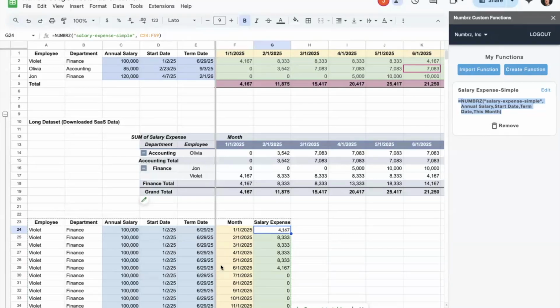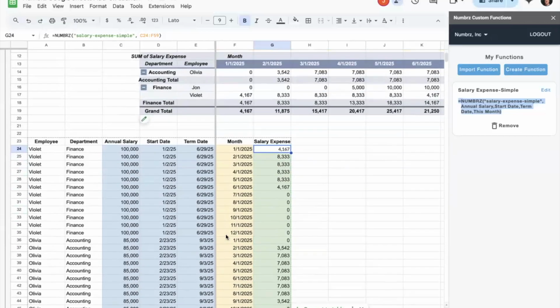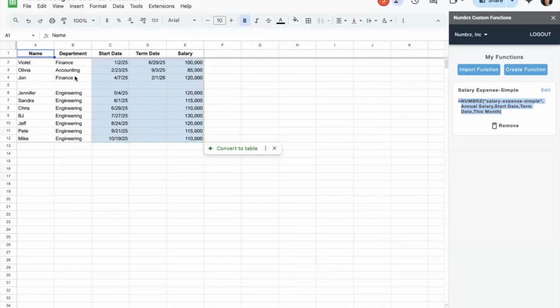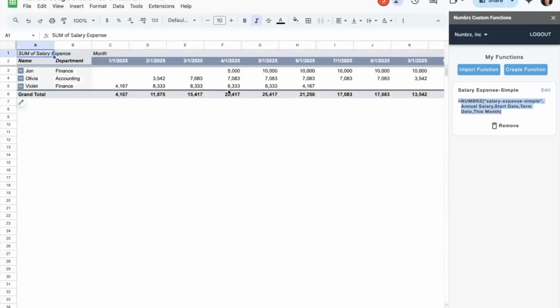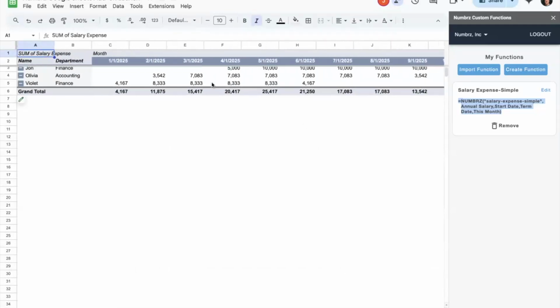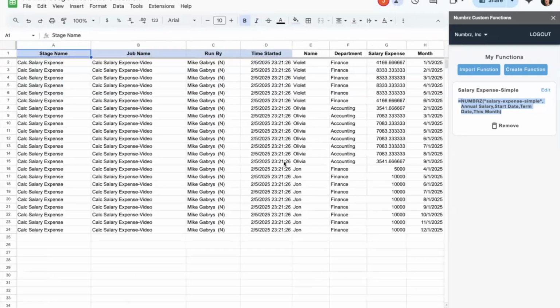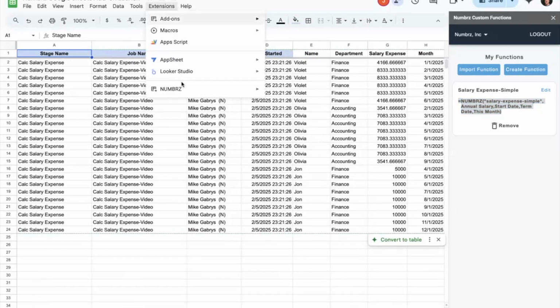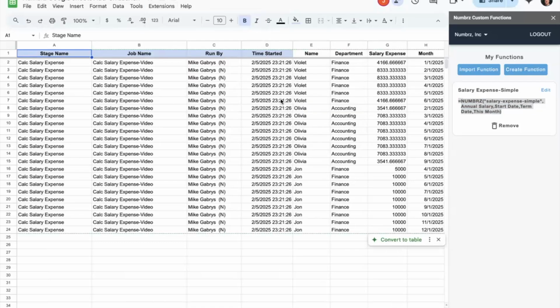So real quick, we've built a visual macro that uses the salary expense, and it reads in this people data set here. And real quick, what we're doing here, here's another pivot with the same data, but now that pivot's referencing static data here in a different tab. And just to give you a quick preview, we have a video on this too. If you go to the job runner